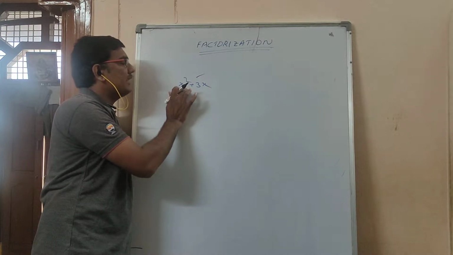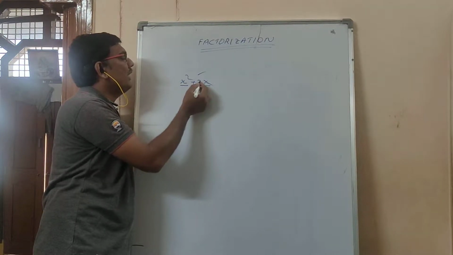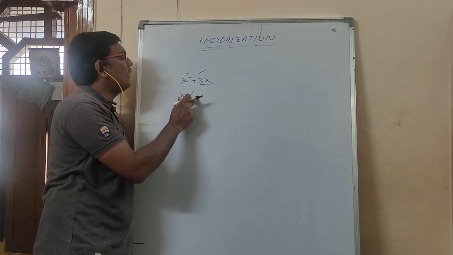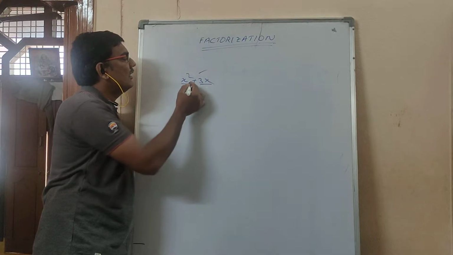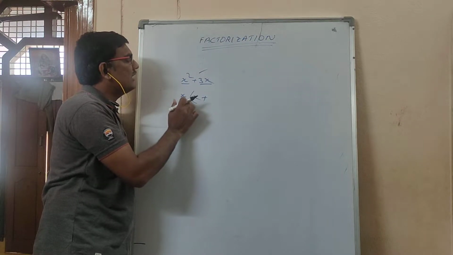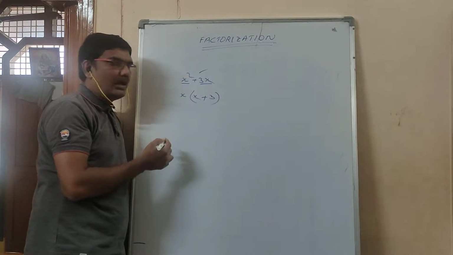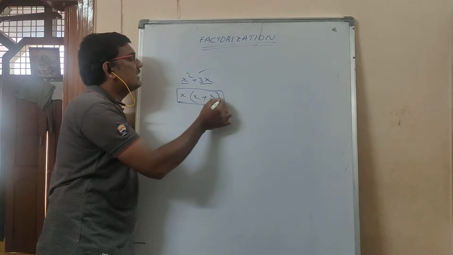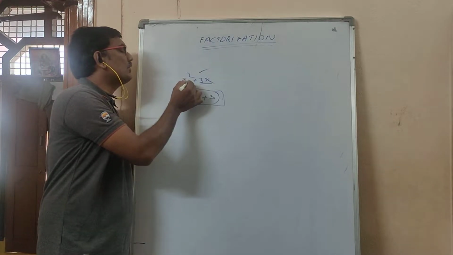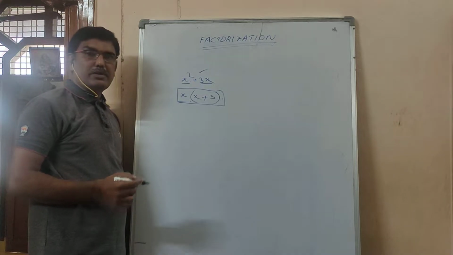So if they give a question like this and ask to factorize, in both the terms you have x as common, so I am taking x as common. X with which you have to multiply to get x square means x, and the plus symbol is as it is written here. The brackets mean into, x into, with which you have to multiply to get 3x means you have to write 3. Now x into (x plus 3) is the factorization of x square plus 3x. The difference between the question and answer is that here is the sum of the terms, here the product of the terms. Do you understand or not?